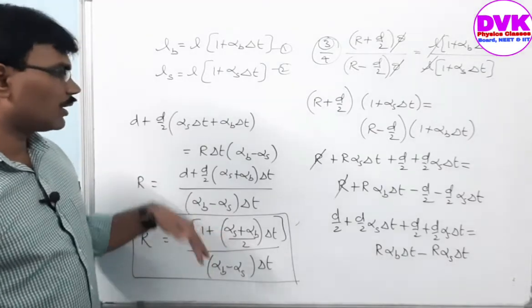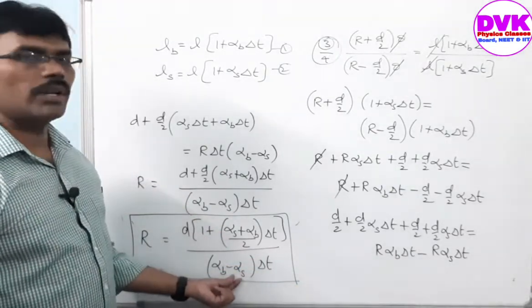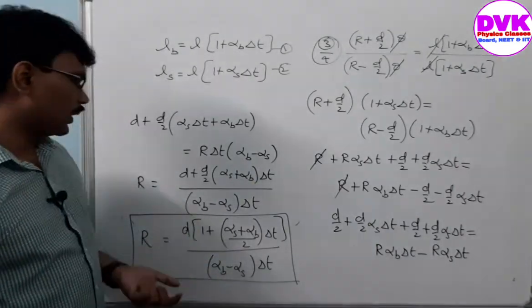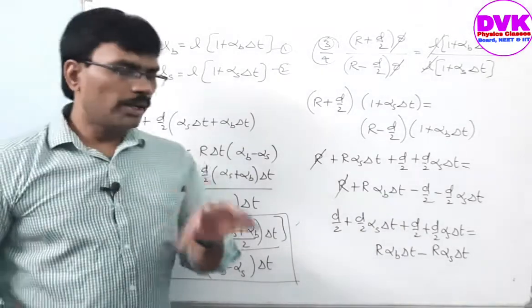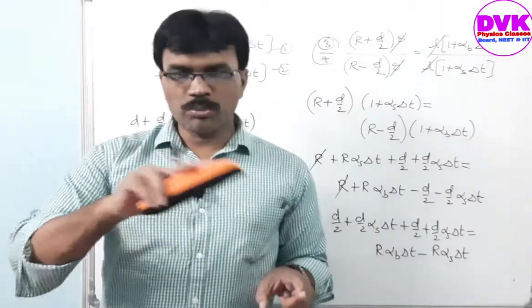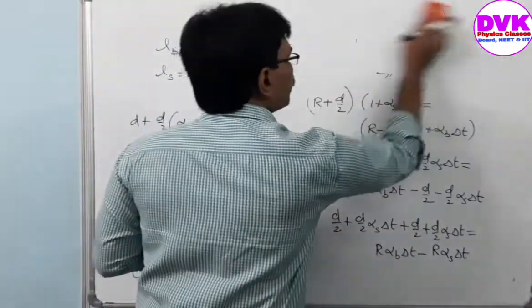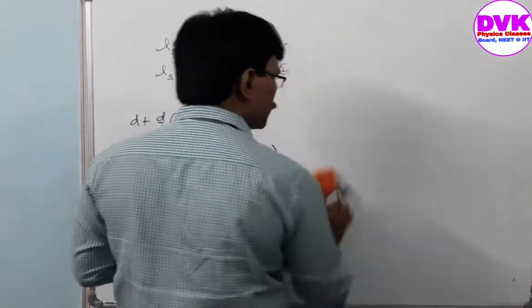If you generalize it, we can take alpha b difference alpha s. Suppose you don't know which one has the higher alpha than the other, always take the difference, higher value minus lower value, and the change of temperature. Here anyway it is the average value, and d is thickness. So the main point is, the strip always bends towards the metal which has the low expansion coefficient, or higher curvature will be there for the metal having high expansion coefficient.